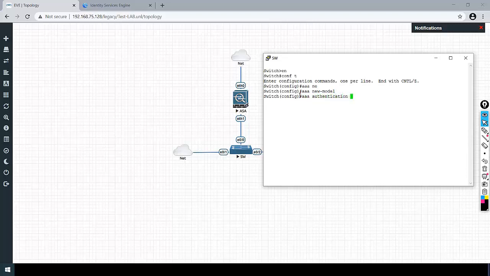So we will run aaa authentication dot1x default group radius. Next we will add our RADIUS server. In our case the address of our server is 192.168.112.2, which we have tested the connectivity, and our shared secret is netsec.